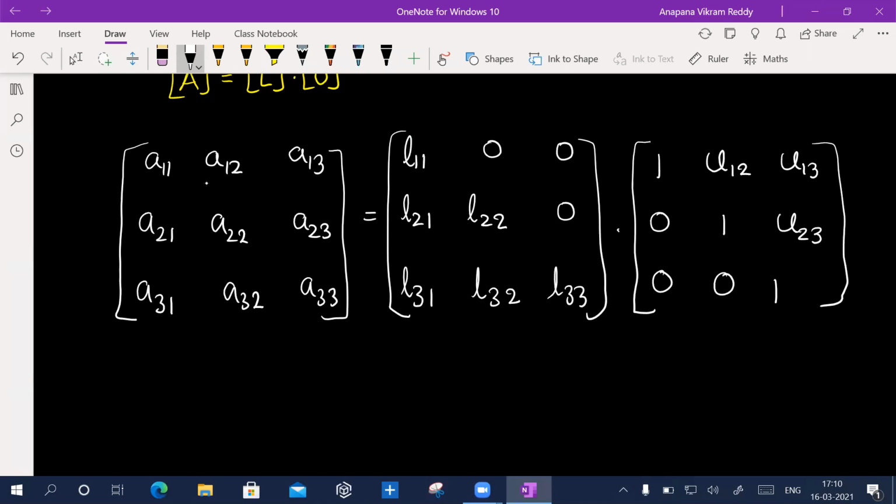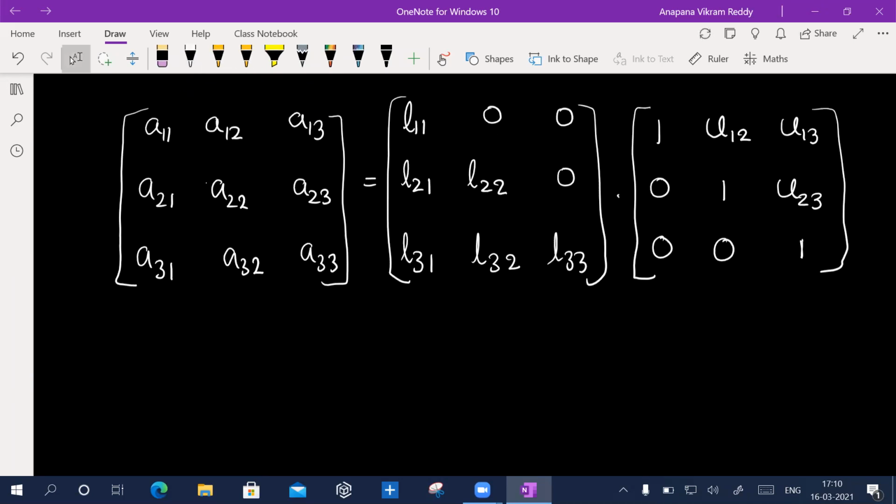Okay, so already we found, right? What is L11 we found here? Correct, A11. So L11 we already found, A11, the very first one. And U12 we found already: U12 is equal to the second element by the first element of the A matrix.